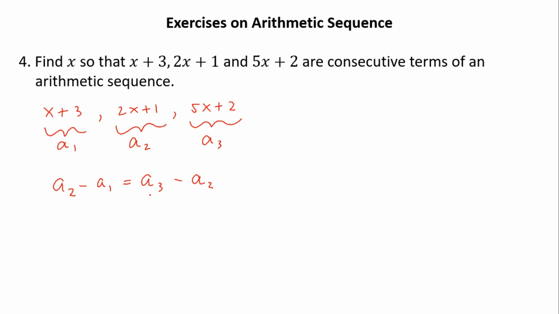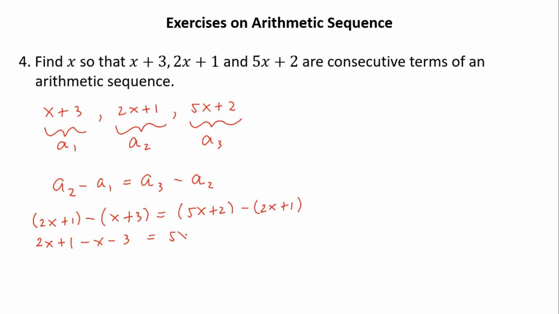Now, using this template, we can have 2x plus 1 minus x plus 3 equals 5x plus 2 minus 2x plus 1. Distributing the negative 1, we have 2x plus 1 minus x minus 3 equals 5x plus 2 minus 2x minus 1. Combining like terms in each side, we must have x minus 2 equals